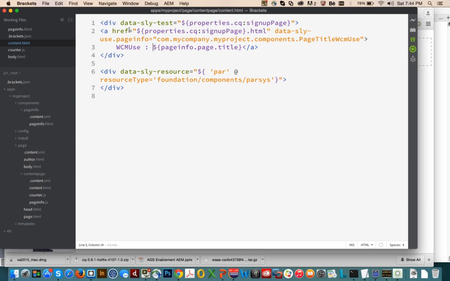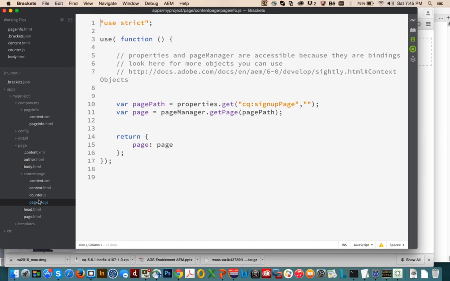So another way we can do it is to use a Sightly JavaScript object. So also via the Use API you have a possibility to not use a Java object but a JavaScript object. So let me show you that. So I've prepared already here a pageinfo.js,